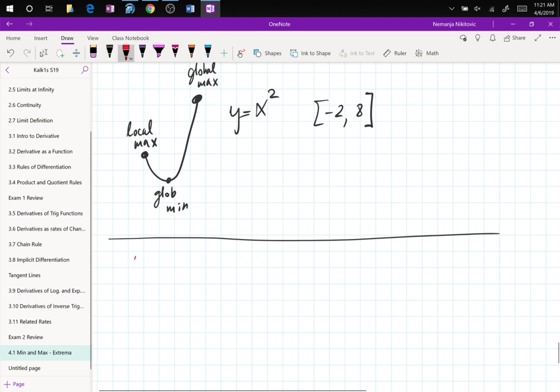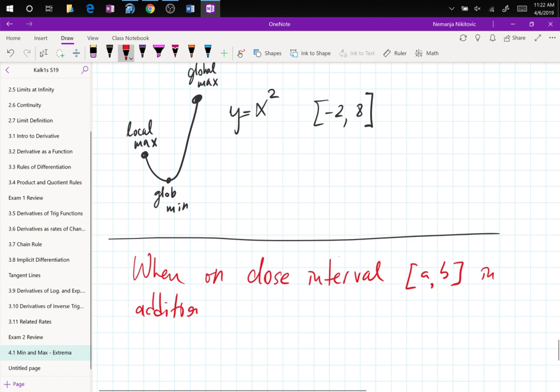So, when on a closed interval, call it AB, in addition to working out the derivative to get critical points,